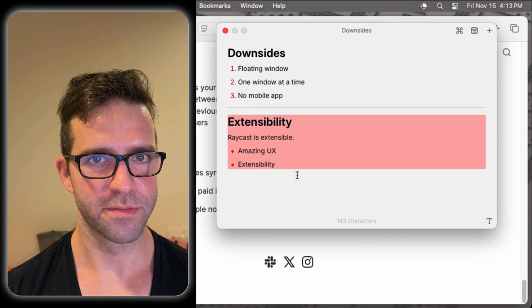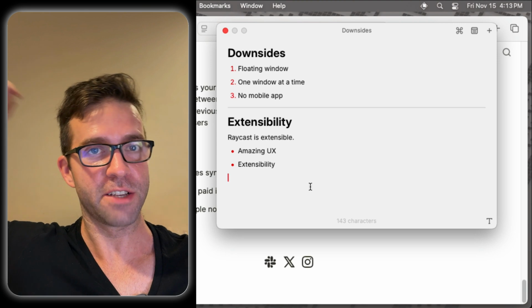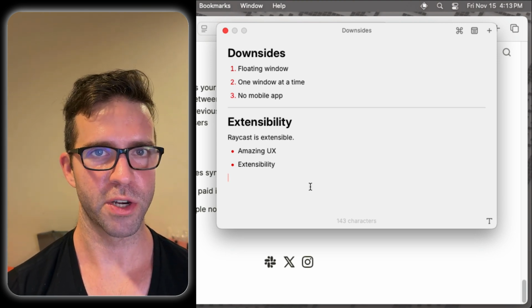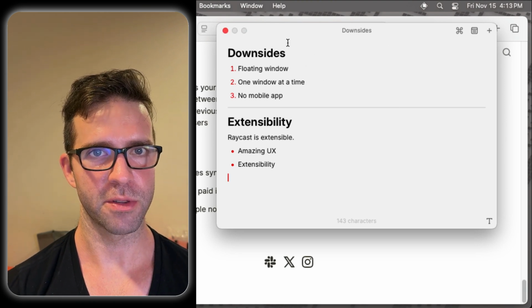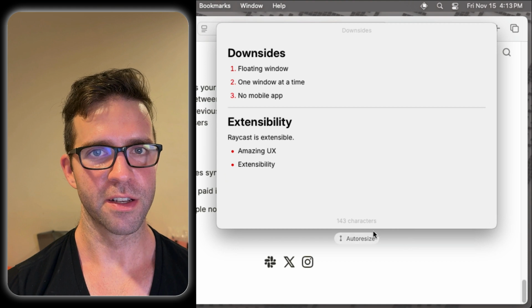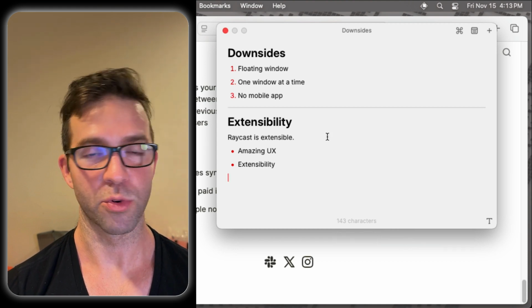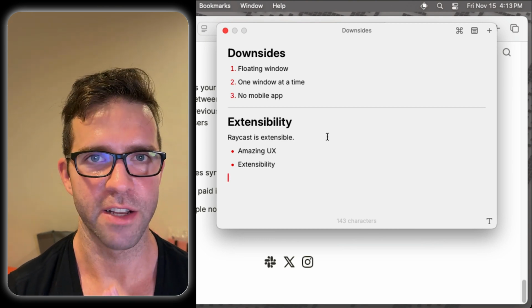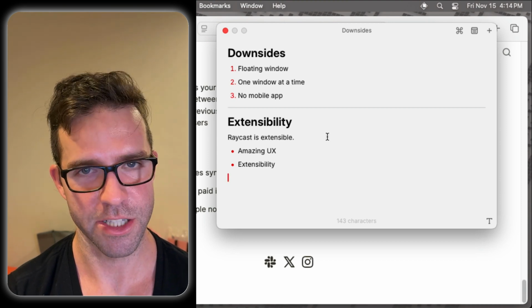I don't have high hopes for it because Raycast seems to be shipping a lot of B2C features, a lot of features just for the users so they can upsell you on their pro plan, which is what Notes is. You do get 5 free notes, so it's a good sticky note, maybe a little paste bin type thing. But if you actually want to use it more seriously, you're likely going to want more than 5 notes. And if you want that, you're going to have to pay them. Nothing wrong with that. But that is why I don't think there is going to be extensibility in the notes